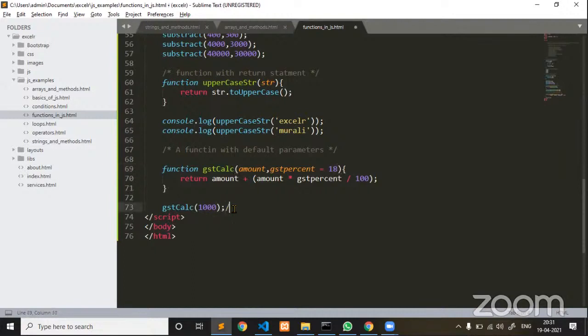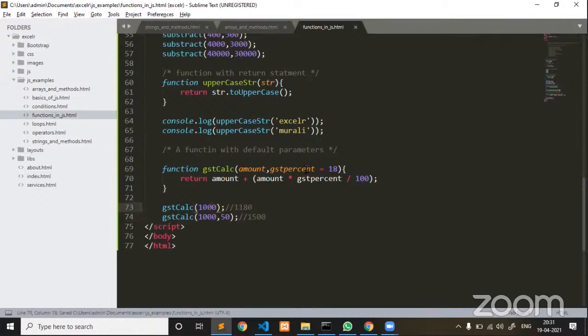Now the total amount is 1180. In case, guys, listen carefully, if you are passing, for example, 1000 with 50% GST, for 1000 rupees, 50% GST is 500. The total amount including GST is 1500. Hope you people are able to understand.